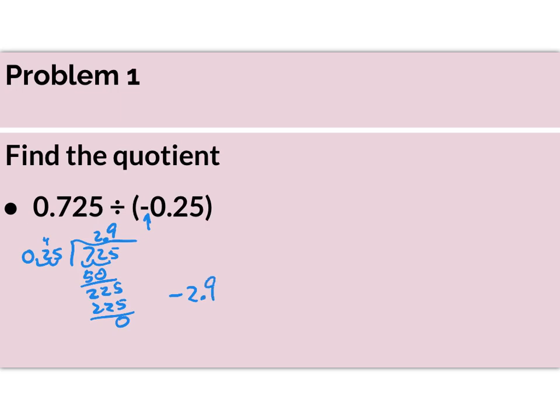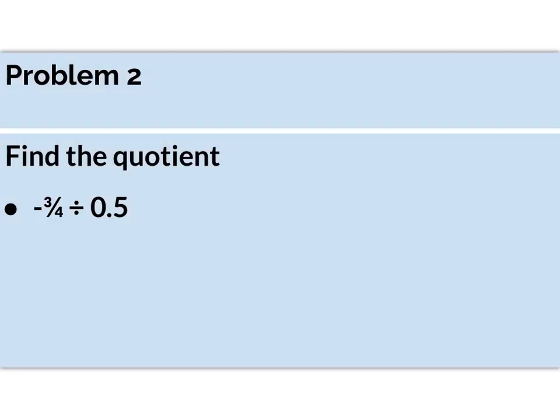1 negative, 1 is an odd number, and an odd number of negatives in multiplication or division will give you a negative answer. Okay, negative 3/4 divided by 0.5. So let's do this 2 ways. 3 divided by 4 is 0.75. So negative 0.75 divided by 0.5 will give us